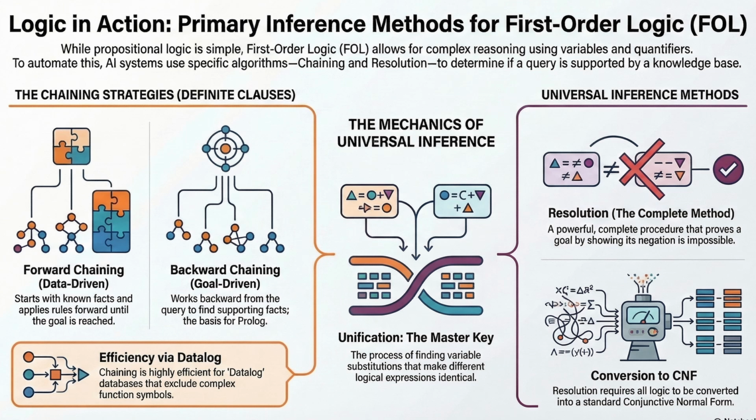It can handle negation, or not, everything. And it works by proof by contradiction. I remember this from high school geometry class. To prove something is true, you assume it's false and see if the world explodes. Basically, yes. You assume the negation of your goal. Then you mix it with your known facts. If you derive a contradiction like X is 5 and X is not 5, then you know your assumption was wrong, and the original goal must be true.